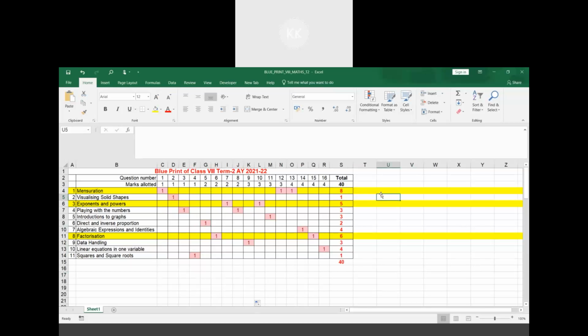If you want, you can take a screenshot and share it in the respective group so that others also will be benefited. Anyway, this is there in the recording also. In the video, it is getting recorded. Sir, for factorization, 4 marks? I shared it, sir. Very good. So one who doesn't join class will